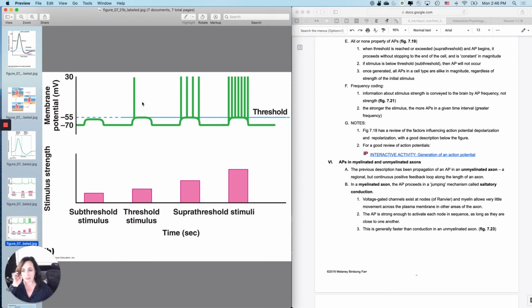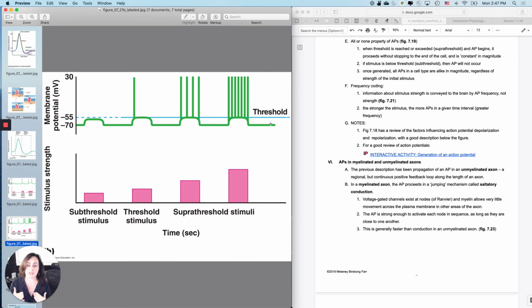So again, this is a simplified action potential. Again, all or none says subthreshold stimulus, no action potentials. Threshold stimulus, action potential. But what about if you start getting way more of a stimulus? Theoretically, if I could do it, what's the difference between poking my finger with a pin and cutting my finger off, if you could control for the number of neurons being stimulated? I'm not trying to involve more neurons. One neuron, what's the difference?